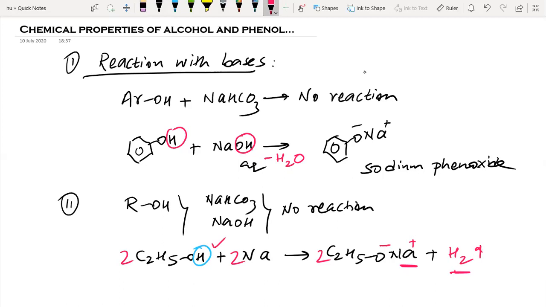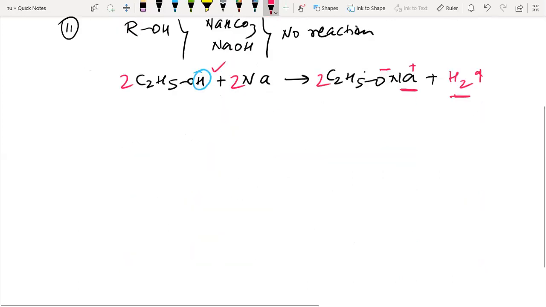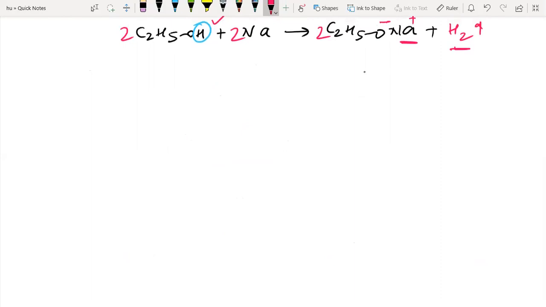This is the reaction of alcohol with sodium metal, which shows that alcohol is a very weak acid, meaning acidic character is there. Okay. So now the next reaction we'll see. Next is the characteristic test for phenols, or I can say to distinguish between alcohol and phenol. Generally, we can even say the color test here.